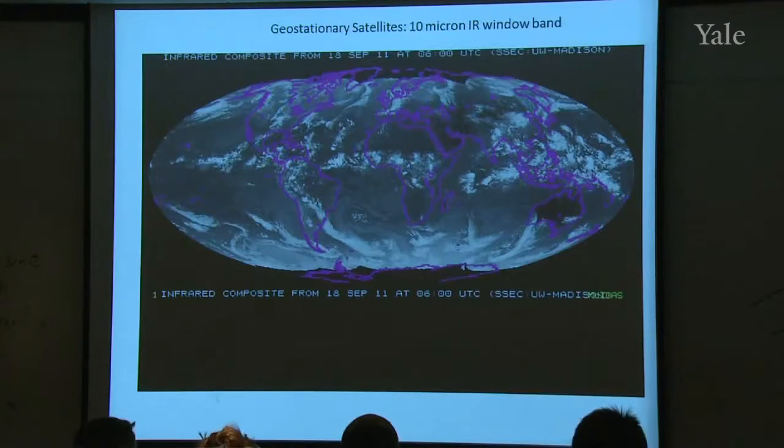Now, I showed these last time, but they're so loaded with information and detail that I wanted to say a few more words about it. What this is a composite of several. Let me get my globe up here for a minute. So the globe is spinning, of course, like this,